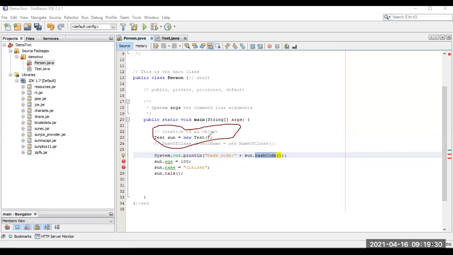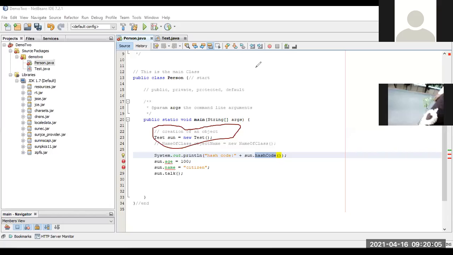What is a queue? A queue is first in, first out. What is a stack? First in, last out. Whoever enters last comes out first. If I create an object over here, it will be the last one. If I create 2 more objects, the final object will come first. But initially, the unique identification number is created for this object only. Got my point?